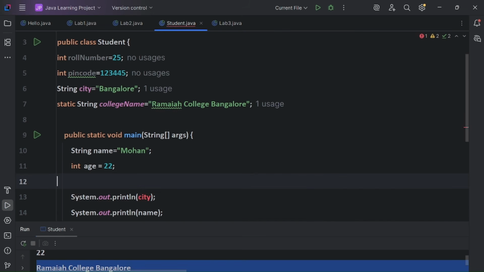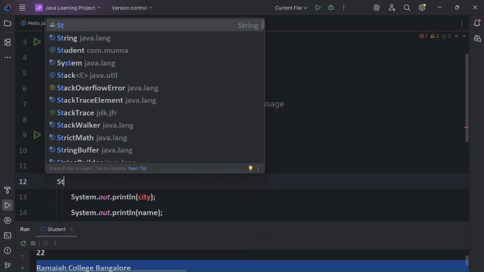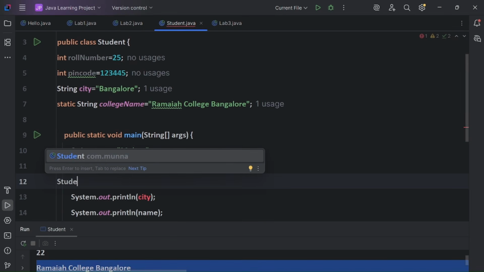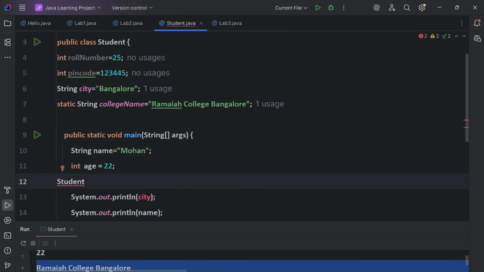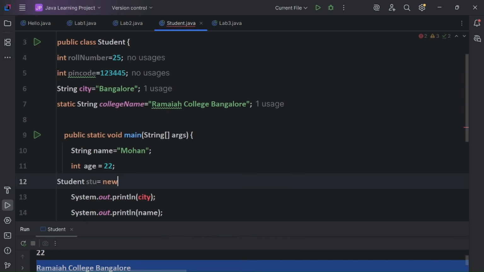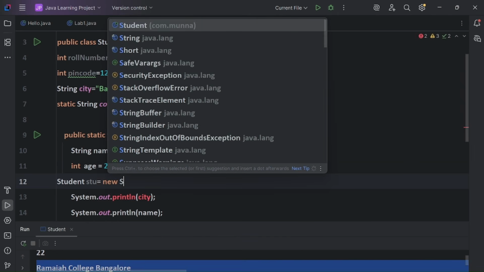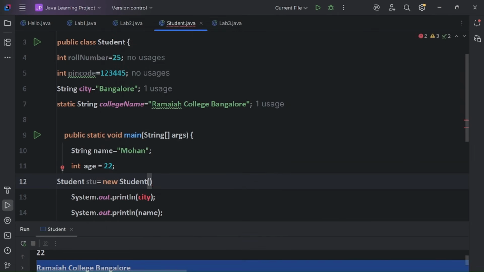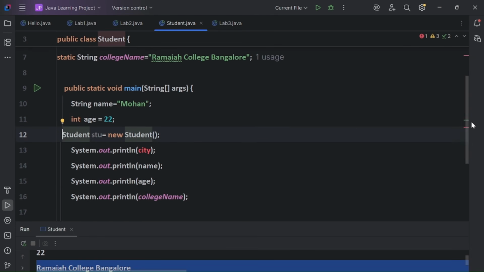So for creating the object, we will create the student object, guys. I have created this student object for accessing these instance variables, or instance fields, in the class.